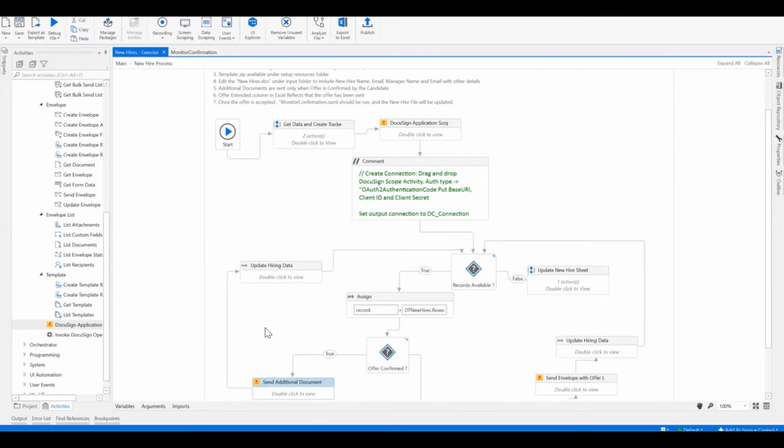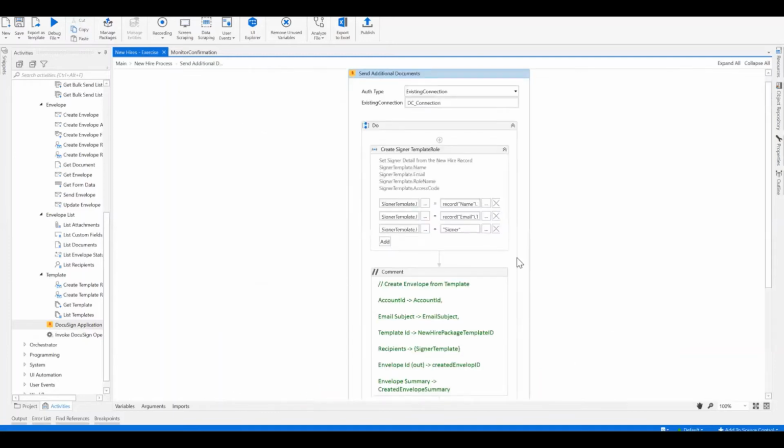We have the connection. Next step will be to add activities pertaining to send additional documents. The send additional document is a Docusign application scope activity that uses the existing connection, which is the previously created DC connection object. Take a note of create signer template role. We are creating a signer template using the record details for the candidate. This will be used to assign the candidate as the signer of the document that is pre-built as template on